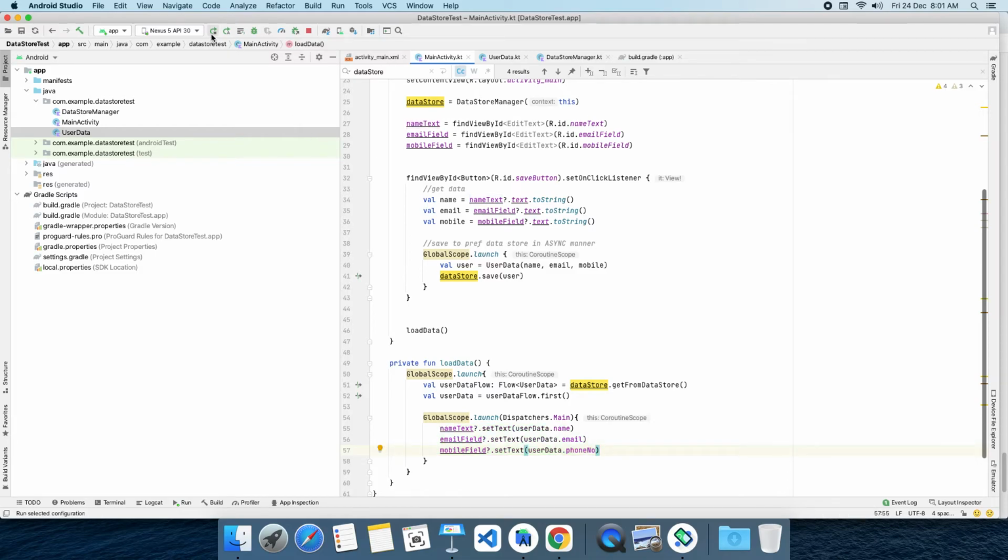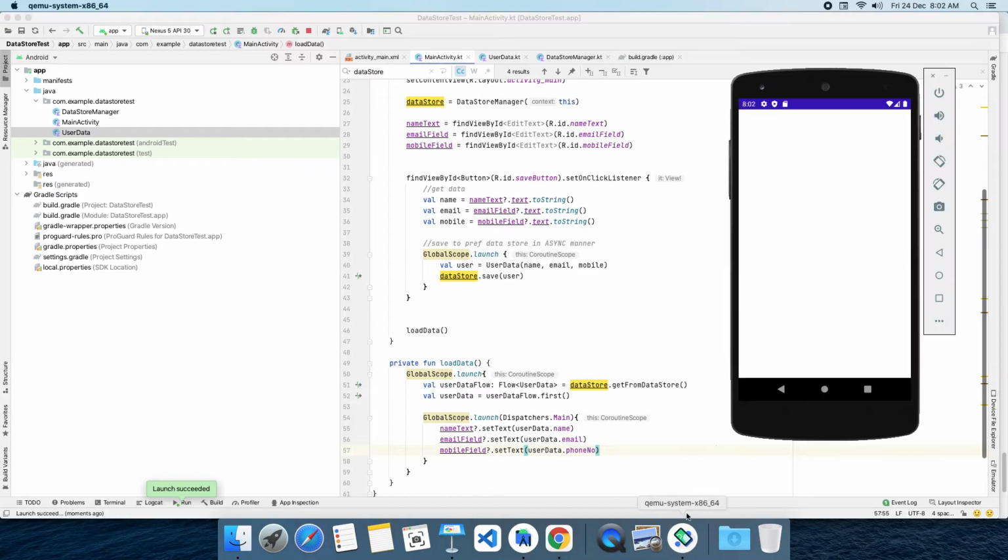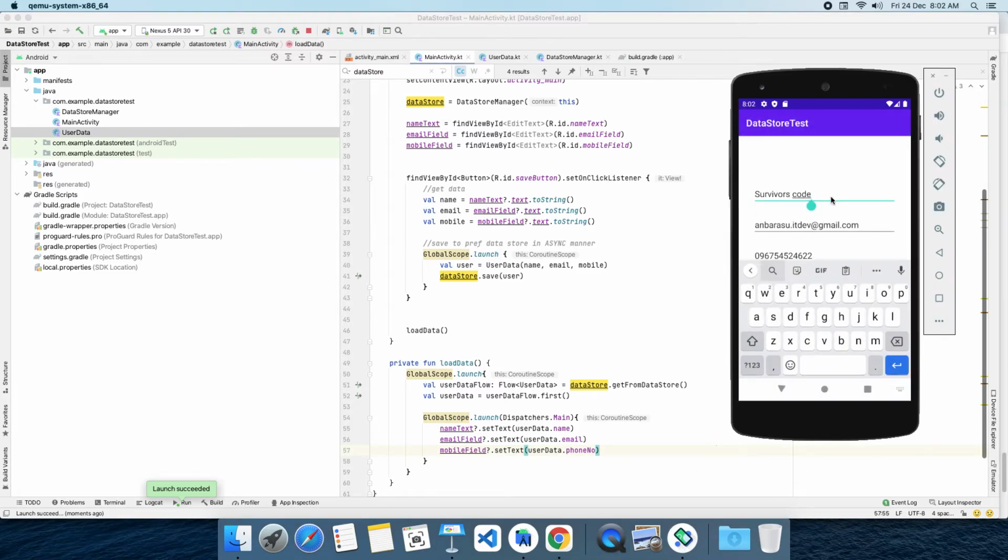Let's see how it is working. So what we are doing: when I tap on save, it is saving the data into the data container, that is, the preference data store. Whenever I relaunch the application, I am populating data back from the preference data store. Okay, see our data is loaded. Now I'm modifying the mobile number. Last 333 I'm entering.